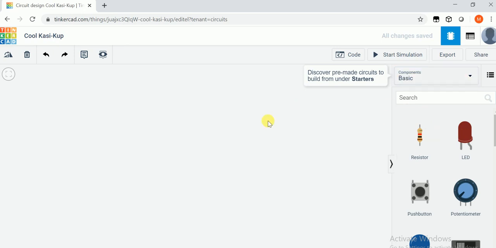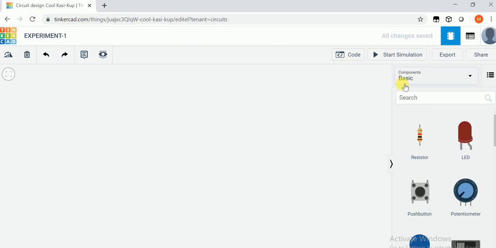You can see here, first you can change your name, that is, the name of your experiment. You can change the name by clicking here. For example, experiment 1. I'll type experiment 1 here and press enter. Now your entire work will be saved under the name experiment 1.